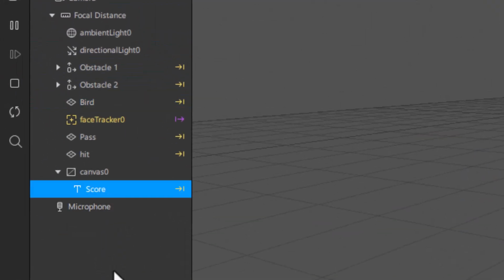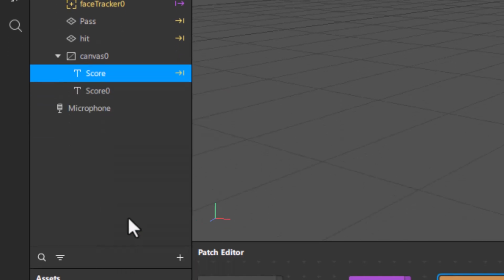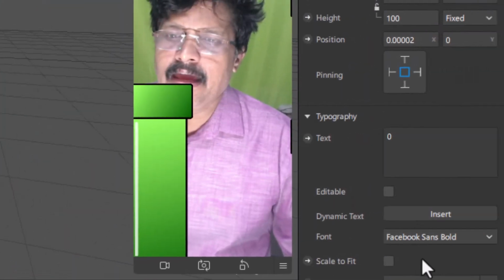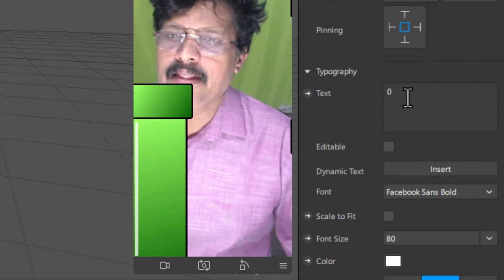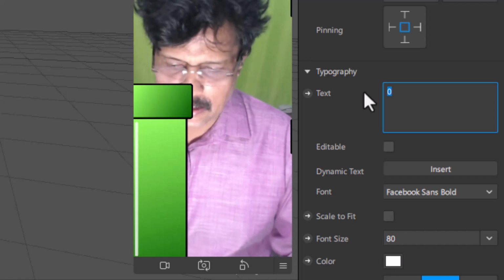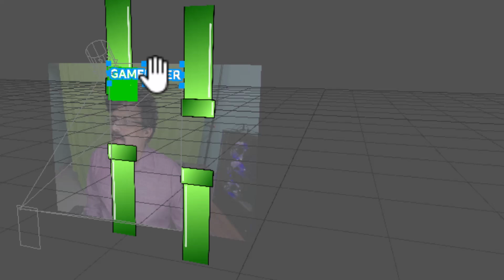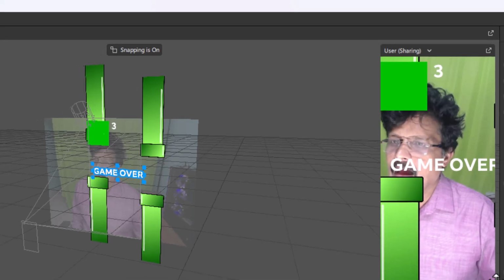come back to the score here, right click and choose duplicate, and I will select the duplicate and call this game over. Even here in the text, I will remove this dynamic text and type game over. Then I will select this entire thing and bring it to the center, so that it is exactly at the center,